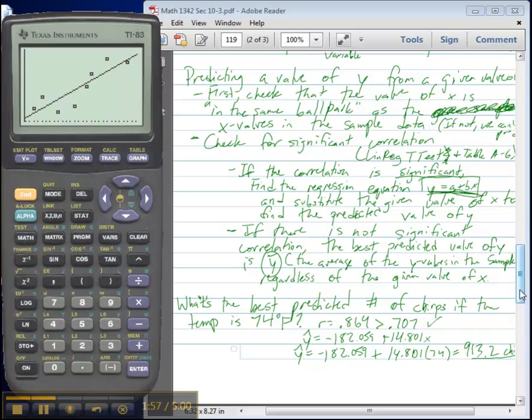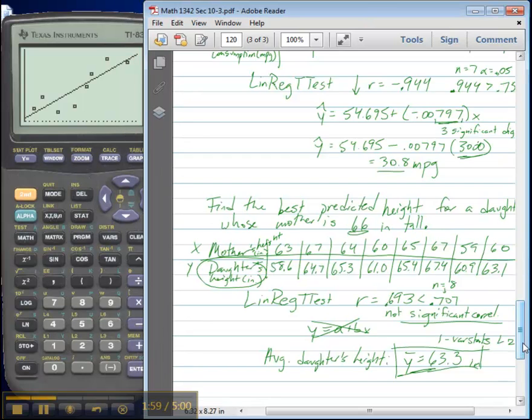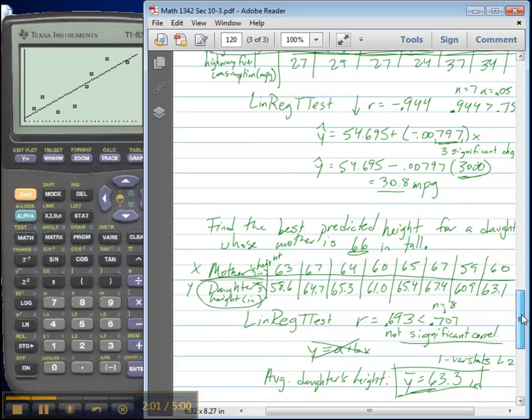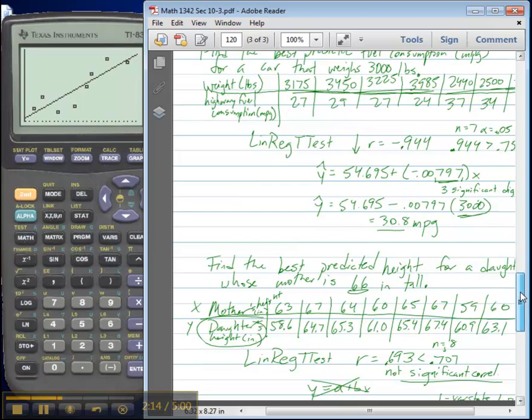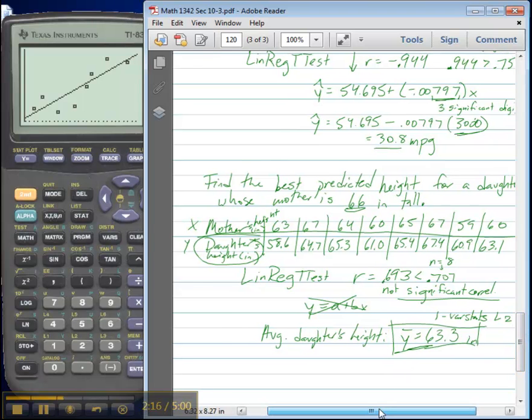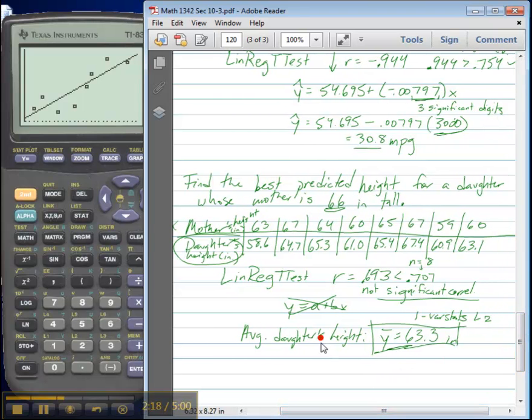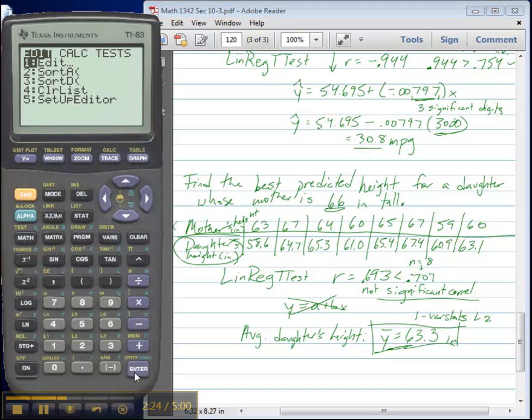Okay, so we'll try one more example with making a prediction here. We did one about fuel consumption based on weights of a car, and went with that. You can go through that example again if you want with a calculator and see how that goes. But let's take a look at this one, finding the best predicted height for a daughter whose mother is 66 inches tall. All right, so let's enter that data for mothers and daughters' heights in inches into the calculator,